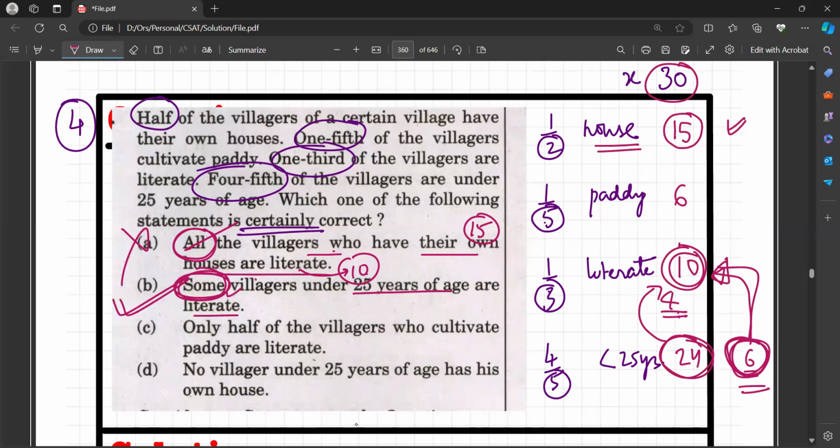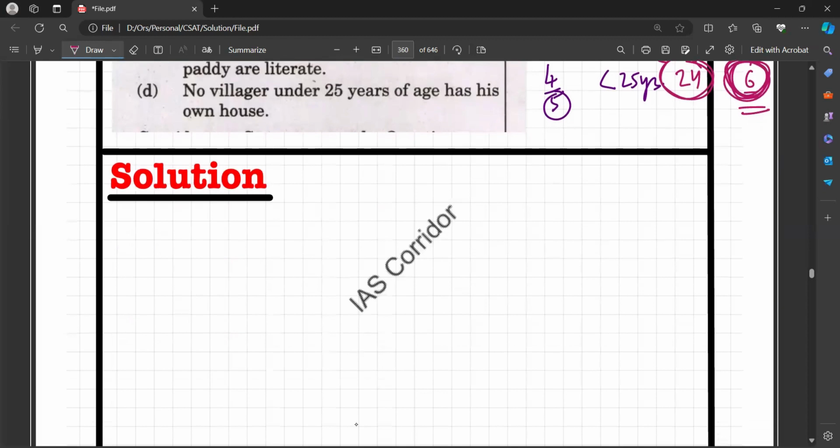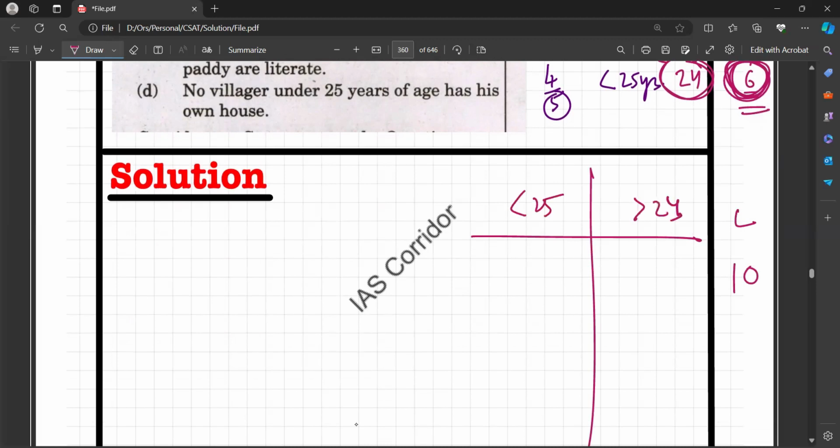You cannot deny this fact because we are giving the maximum. You can learn that fact also. We have to show 10 literate. It can come from less than 25 years, it can come from greater than 25 years. If we give 10 to the greater than 25 group, that is not available; here 24 is available and here 6 is available. We can give 6 here, then 4 will come from here. If we give 5 here, 5 will come here. If we give 4 here, 6 will come here.